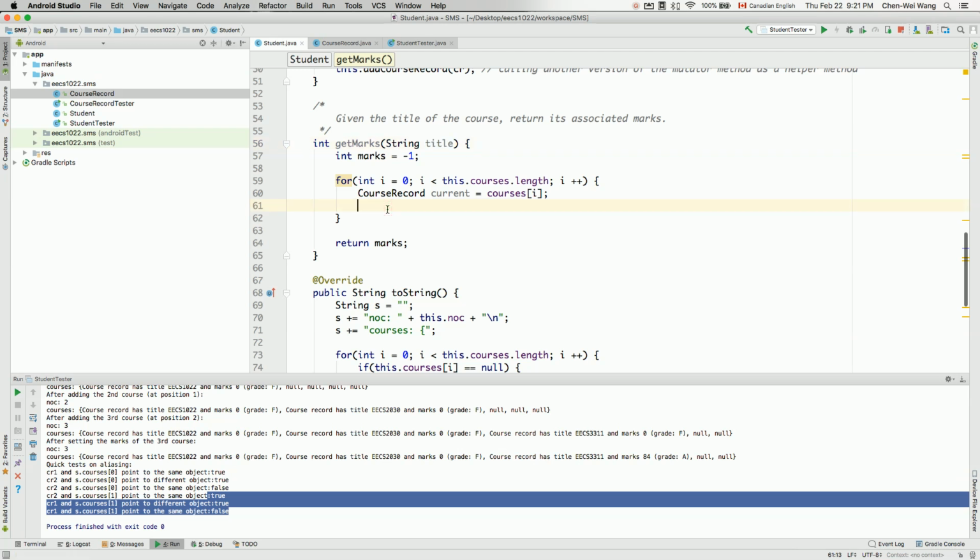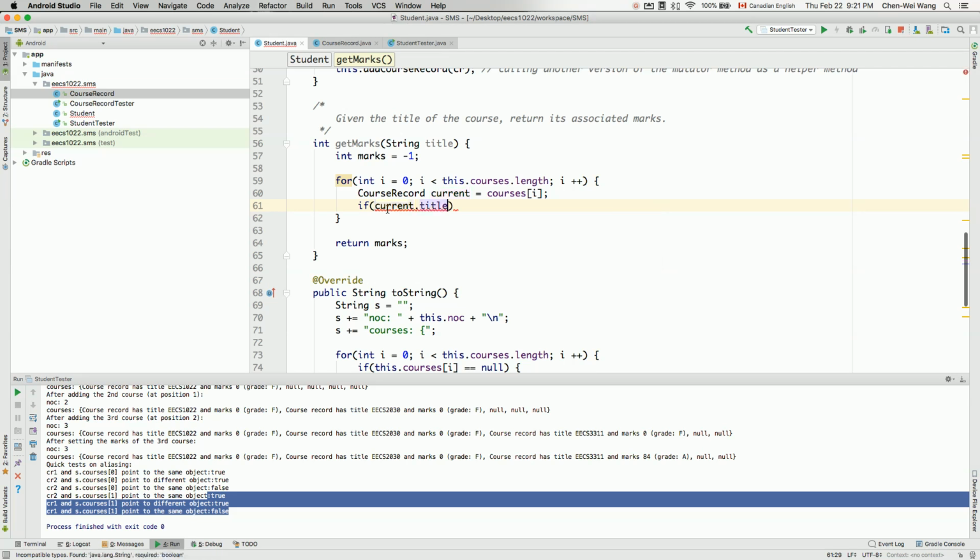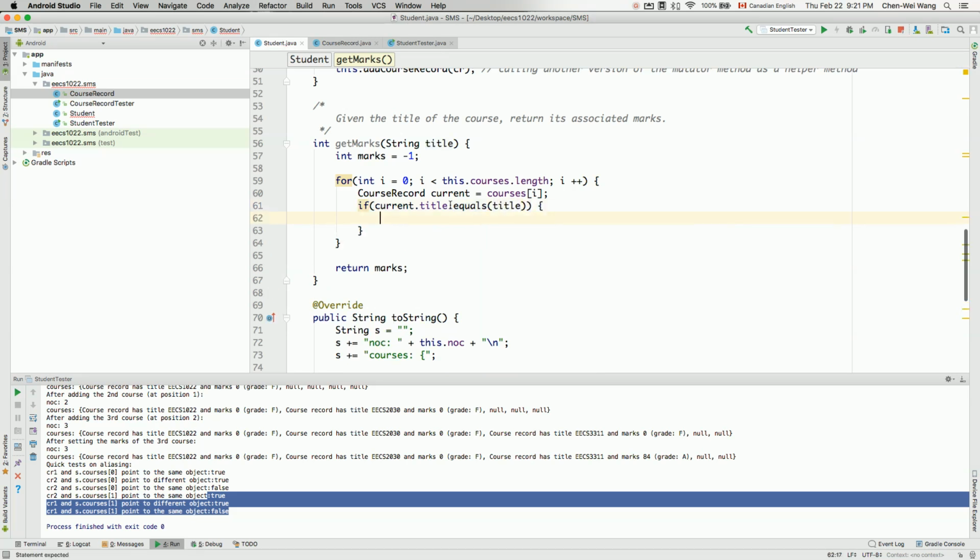So now we can say if current, which is a course, dot title, which is a string, dot equals. Again, we are using dot notation. Current is a course. Current.title is referring to its attribute of type string. And for a string value, we can say dot equals with another string value. If it is equal to the title we're looking for, in that case, this is the course we're looking for. And what should we do? We can simply say the marks that we're looking for is reassigned to